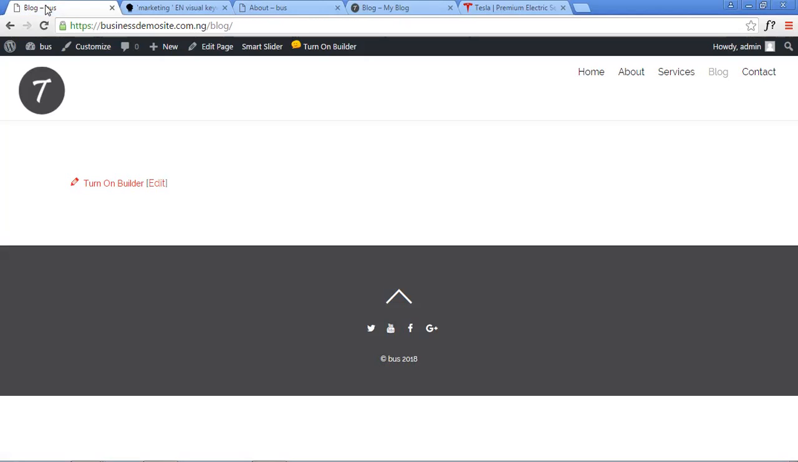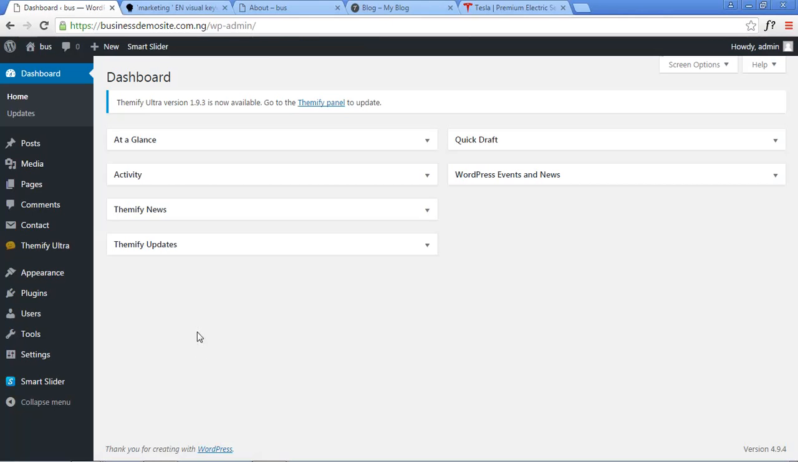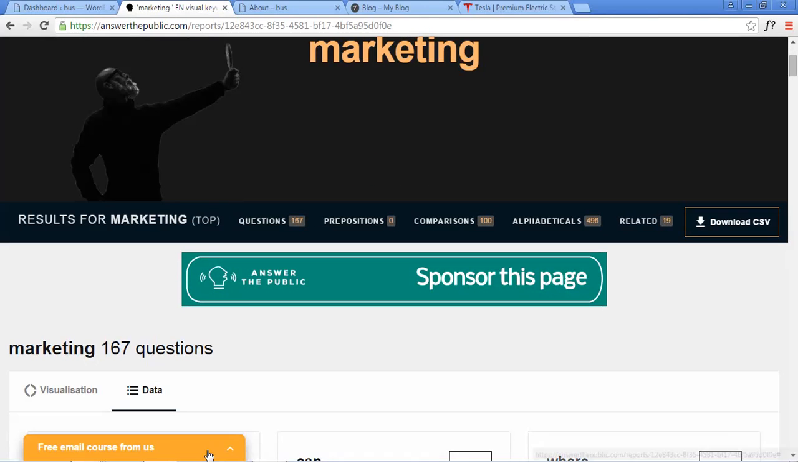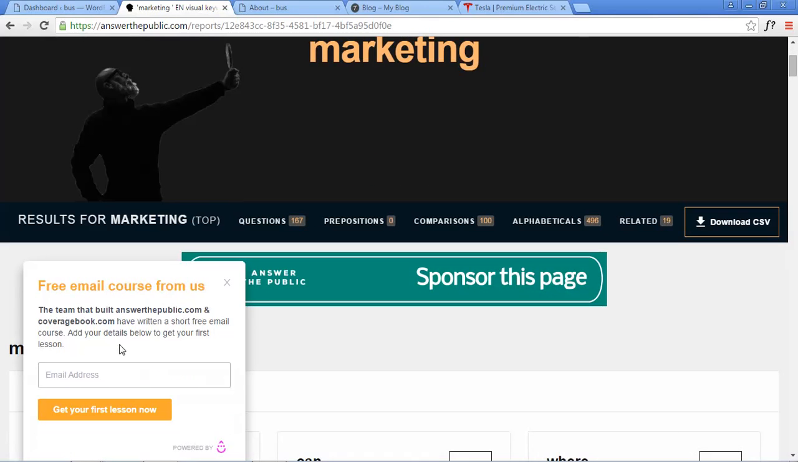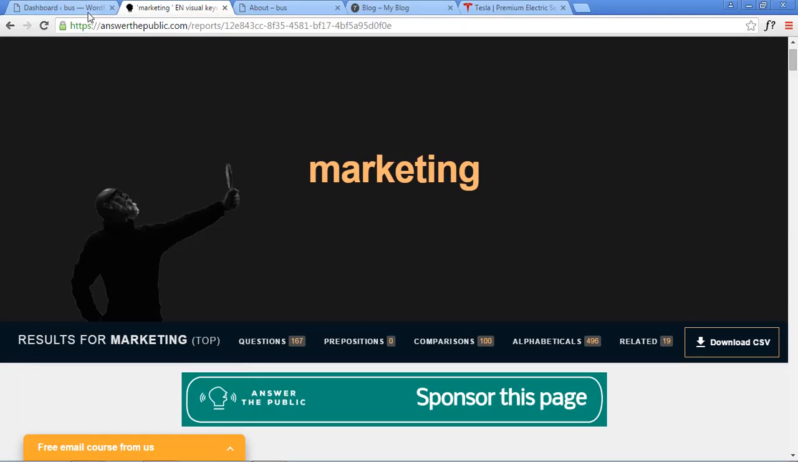Now to building our post, to do this first, all we have to do is go back to our dashboard. Sorry, I forgot to mention something. You can also subscribe to their email platform to further enhance your knowledge on how to use the tool. Very simple. So I recommend you do that. So we go back to our dashboard,